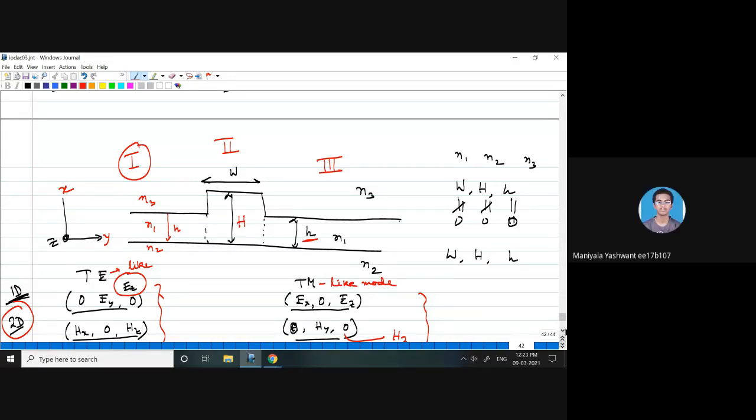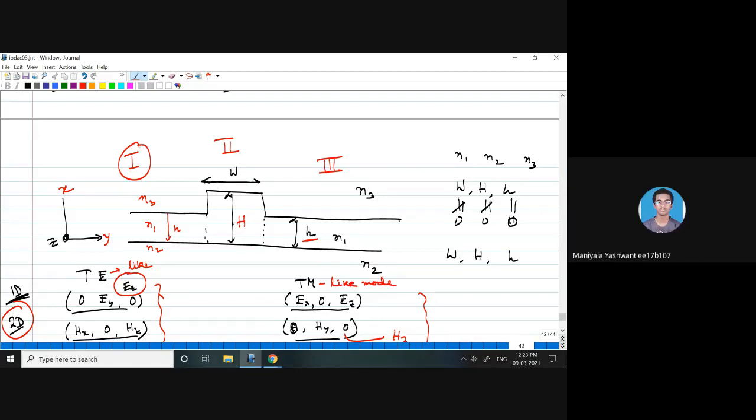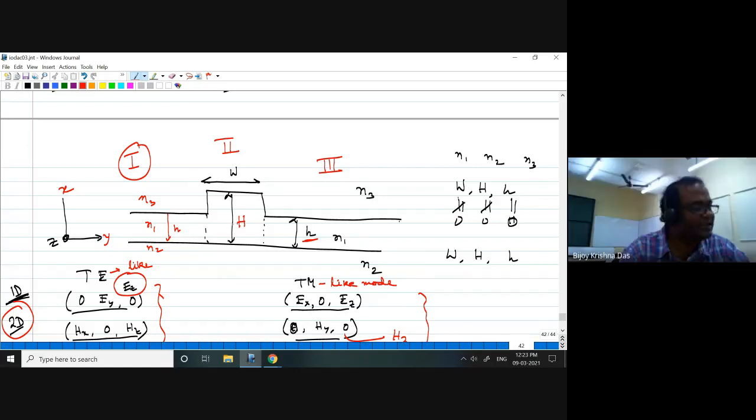Sir, but y is only semi-infinite in this case for region 1. Yeah, normally for a 1D waveguide, what we are supposed to get is that this is extended, right? Yes, infinitely extended. So that approximation we are making here, and it is considered in the boundary conditions while writing them. Exactly. When we analyze region 1, we assume that this height change is not there, as if I am considering region 1 independently.